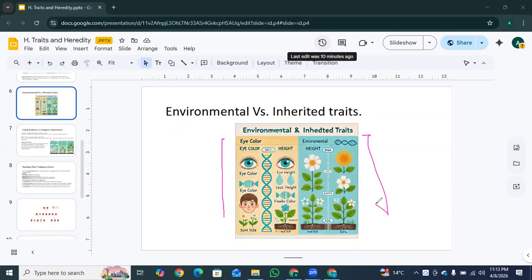These are the things that change based on how you live or the world around you. Like your height, plants, language, and skills. You might have genes to be tall, but you need good food and health to actually grow tall. Whereas a plant might be naturally yellow, but if it does not get enough water or good soil, it will stay small or look different. And you are not born speaking a language, you learned it from the people around you.